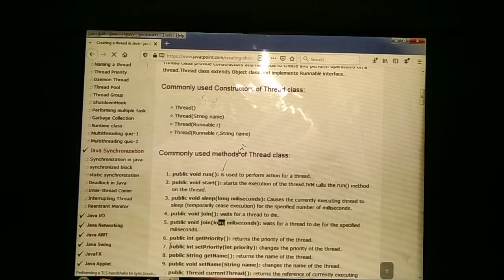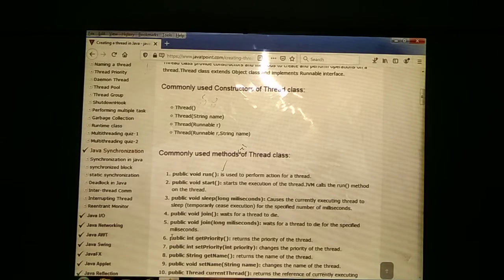Suppose we specify 0.001 milliseconds; after completing that time, the thread will automatically die. With the join method without any time, here we are not specifying any time, so automatically after the completion of the thread execution, the thread will die.